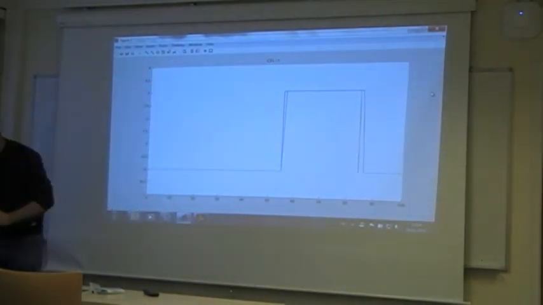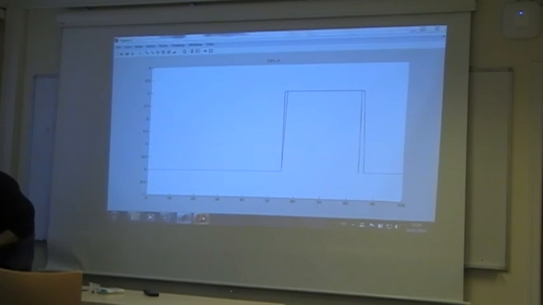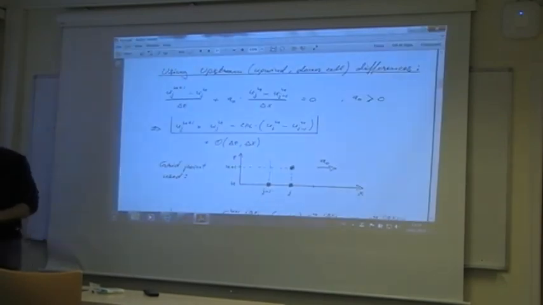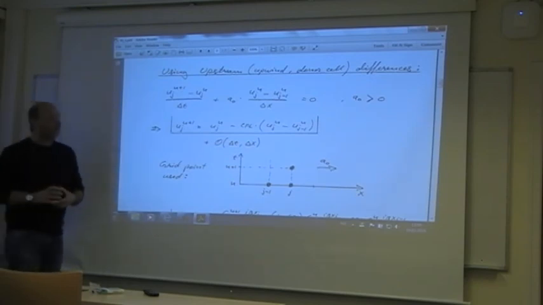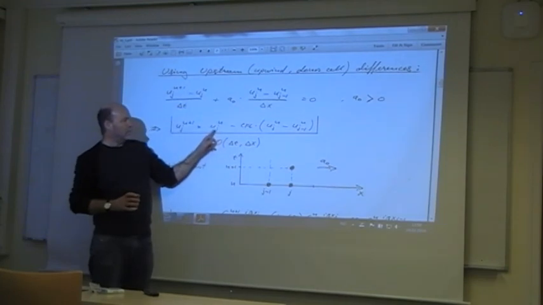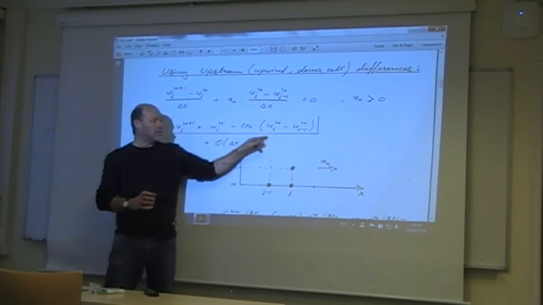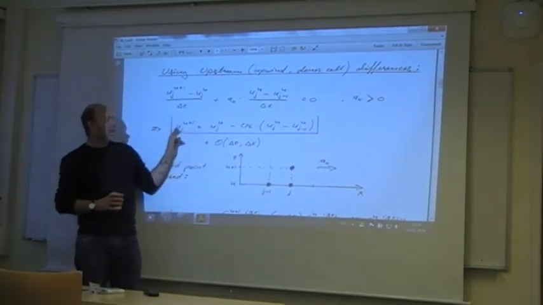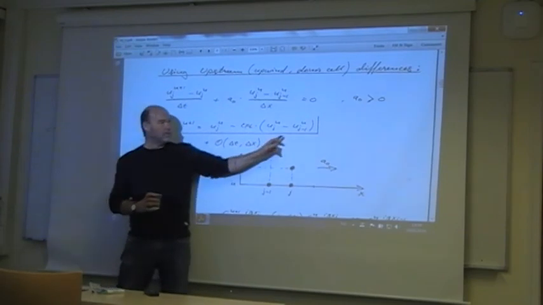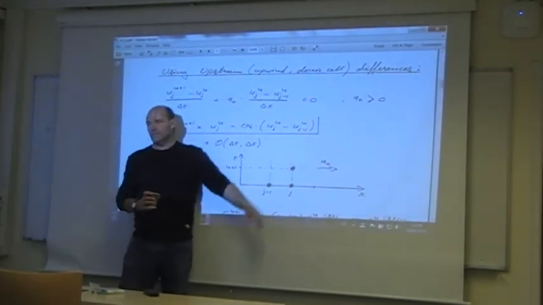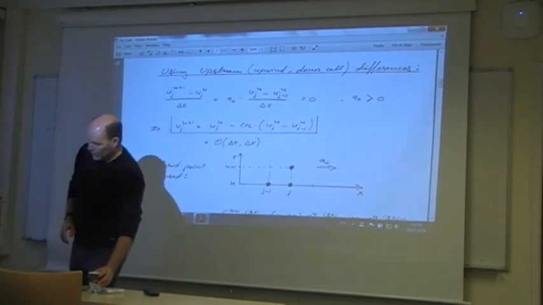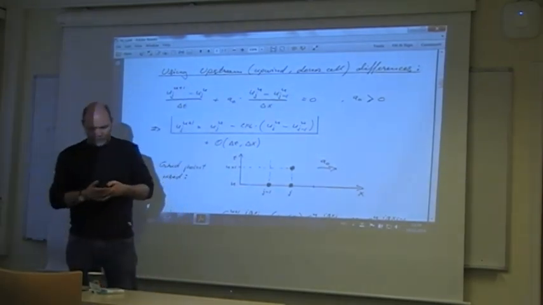Why? Well, you can actually see that from the recipe we had here. Set the CFL number to be 1. So what happens? You have u_j minus u_j. He disappears. And the solution, my new velocity, equals the old velocity at point j minus 1. Now we are actually solving this one using hyperbolic techniques. That was actually not my intention. So